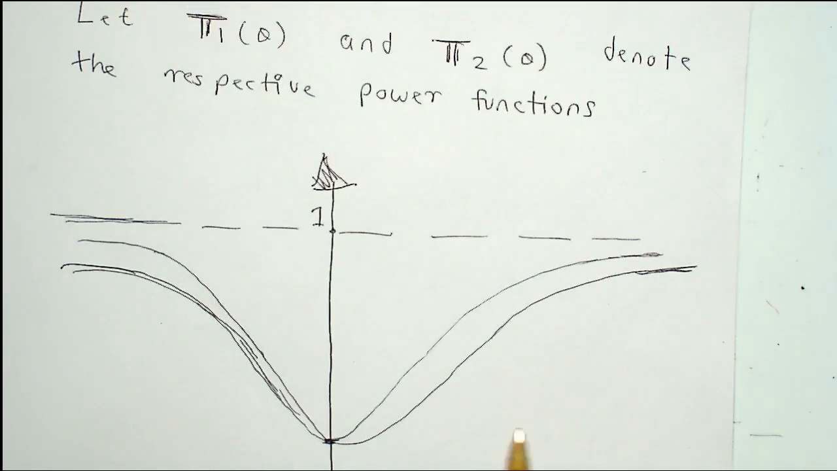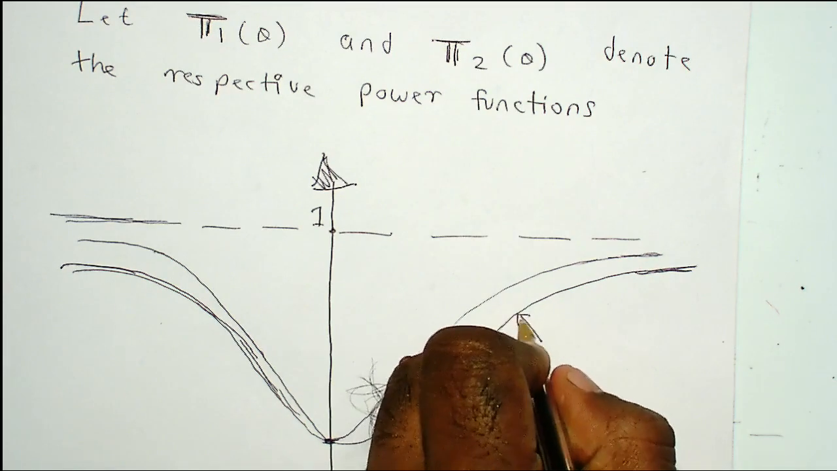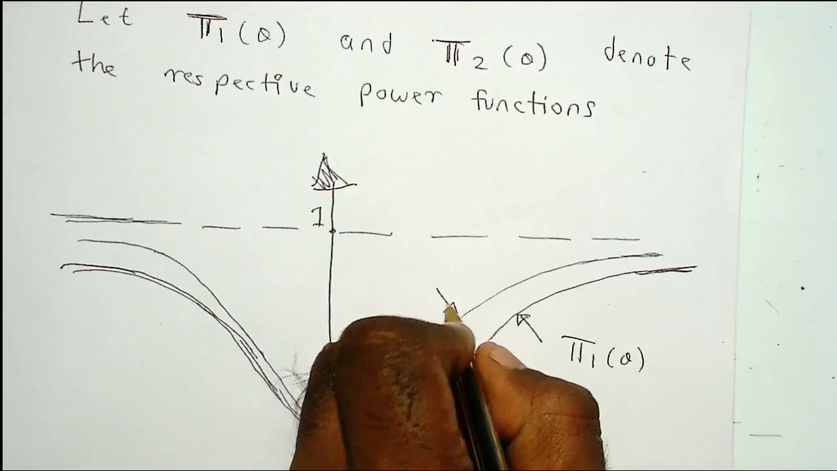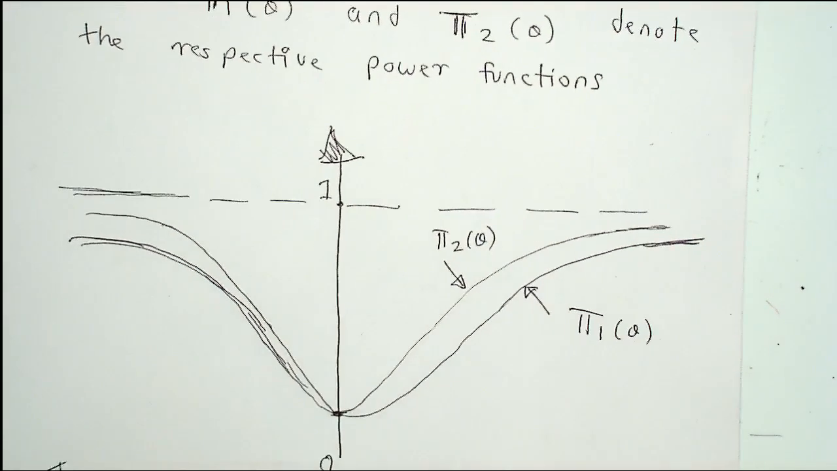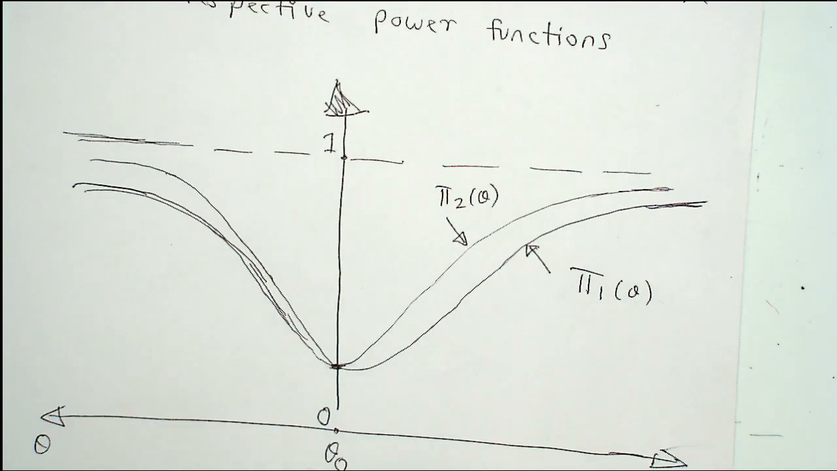Now, suppose this is pi 1 of theta, and suppose this is pi 2 of theta. If I ask you which of the tests is better, what would you say? Of the two power functions, which one is better and why? Yeah, clearly pi 2 is better in this case, because